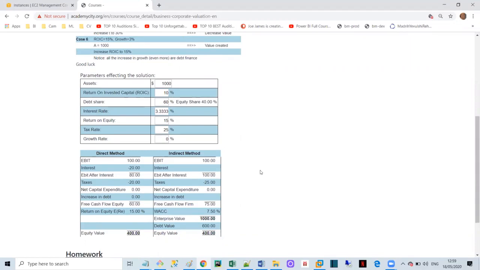Is that something that tells you whether this company is creating value? What do I mean by that? Pay attention, the original investment was 1,000, and this company is only worth 1,000. That means the managers are creating a return on invested capital of only 10%. Pay attention, the WACC is 7.5. So if you take 10% times 1 minus T,